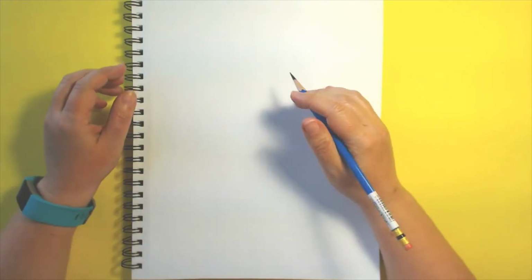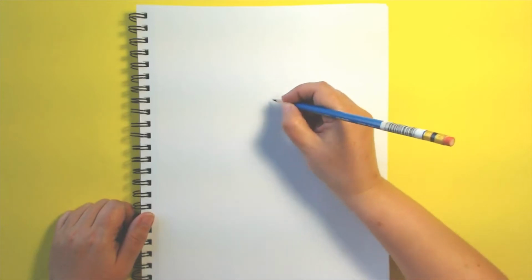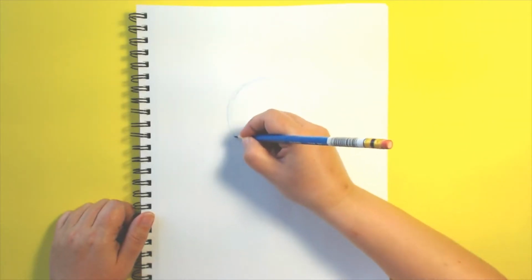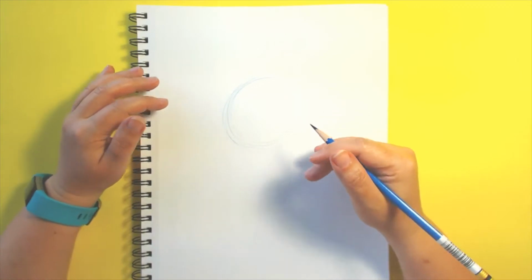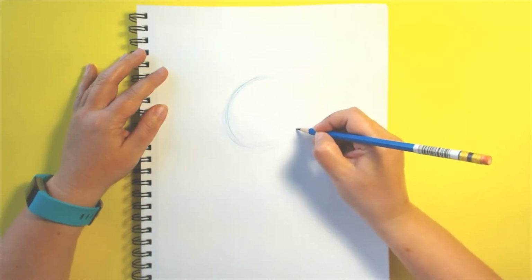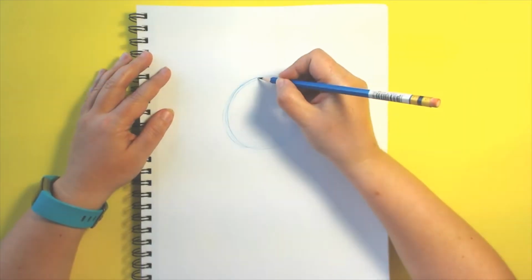So the first thing we're going to do is take our blue pencil or any pencil that you prefer working with. We're going to start off with our basic circle. All right. So no matter the character that we're drawing, they're always going to start out at this point. Hopefully this guy, because I'm not that familiar with him, won't be too complicated, because in the end, basics are basics, right? So now we're going to divide the circle,